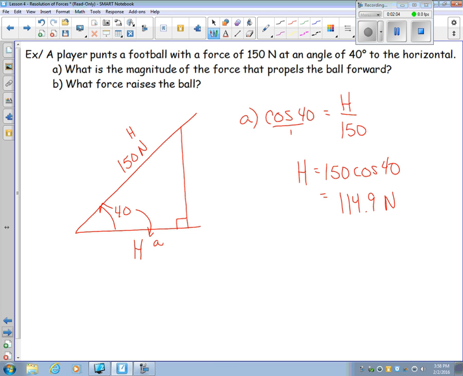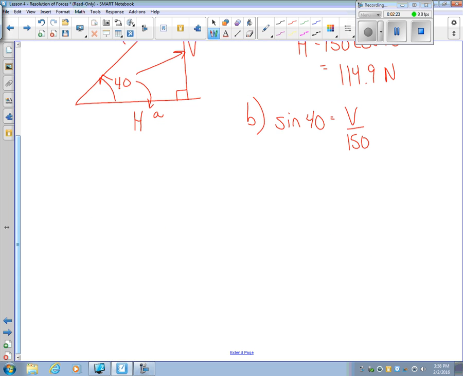Okay. For part B, I want to find the vertical force, the force that raises the ball. That would be up here, right? Based on our angle, that's our opposite. So I can use the sine of 40 this time. My opposite is the vertical force. Hypotenuse is still 150 newtons. Same problem, just using a sine this time, so we can cross multiply again. 150 sine 40 into our calculator, and we get